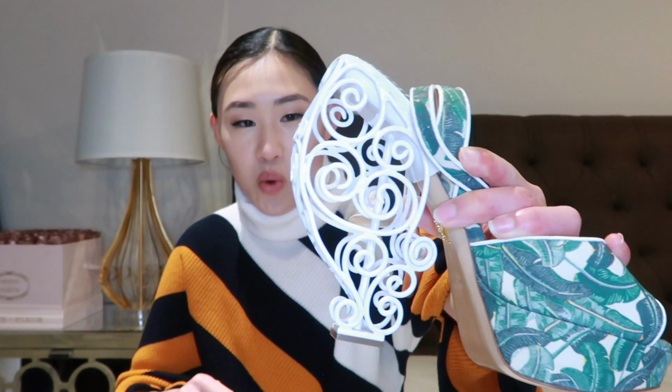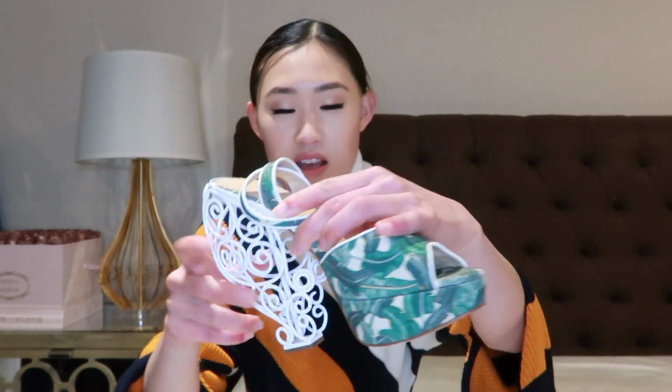It's like a swirly cage design, and it has a leaf print here, so it's very summery. It kind of reminds me of the wallpaper at the Beverly Hills Hotel. If you've ever been to the Beverly Hills Hotel, in their hallways they have a wallpaper that's kind of the same print. So I've worn this shoe a few times, and they are quite heavy because of this metal